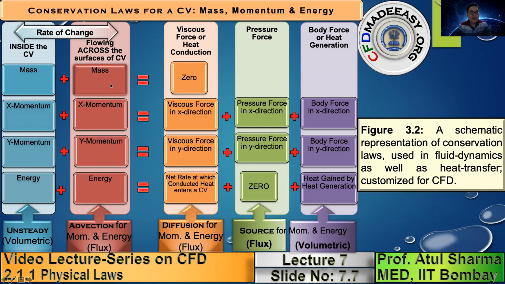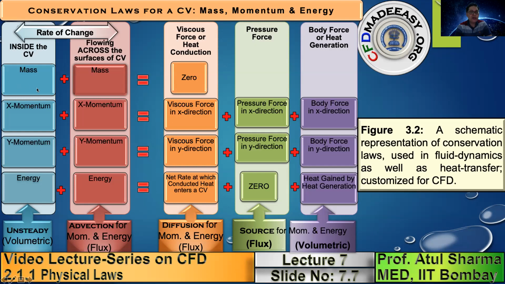Then you are left with the mass conservation law. The mass conservation law says that the rate of change of mass is equal to 0. If you consider the rate of change of mass for the fluid inside the control volume, then you get the rate of change of density, because mass is a product of density and volume. So for mass conservation, the rate of change of mass can give you a model for density distribution. However, for incompressible flow, the density does not vary with space and time.